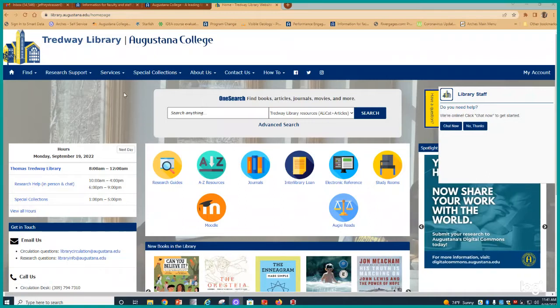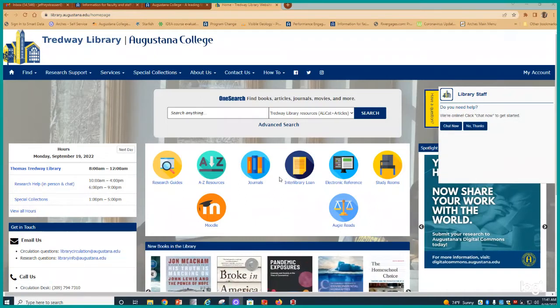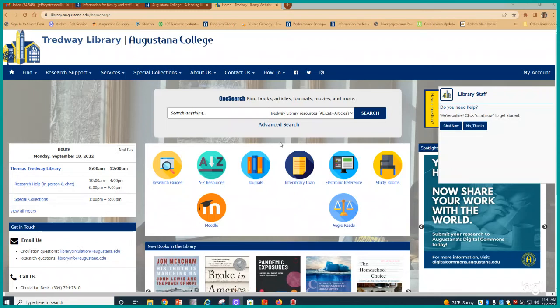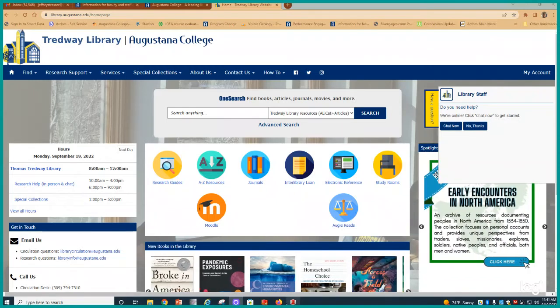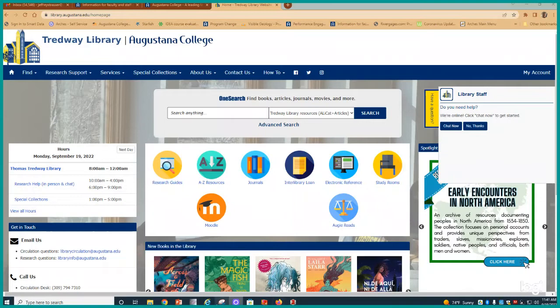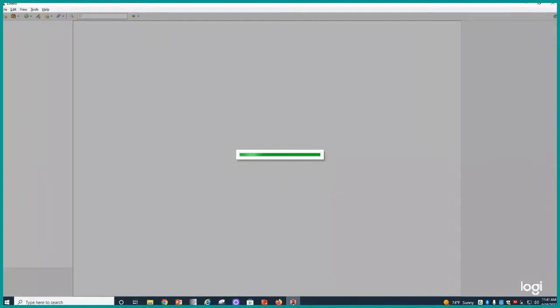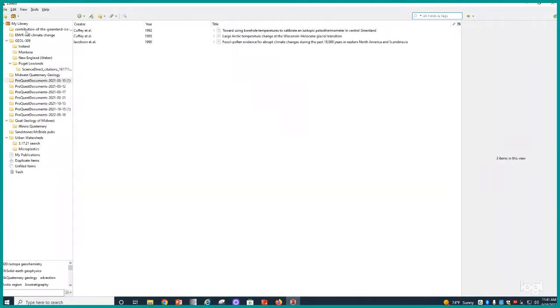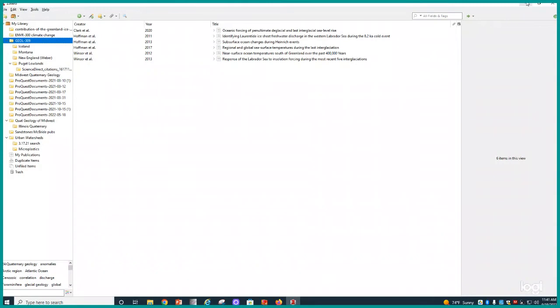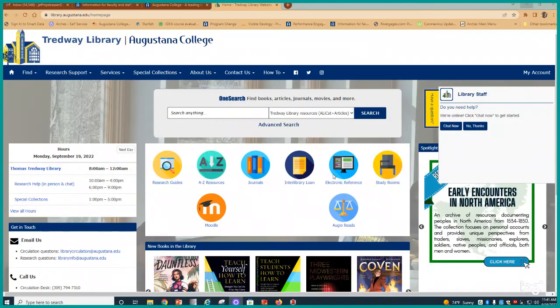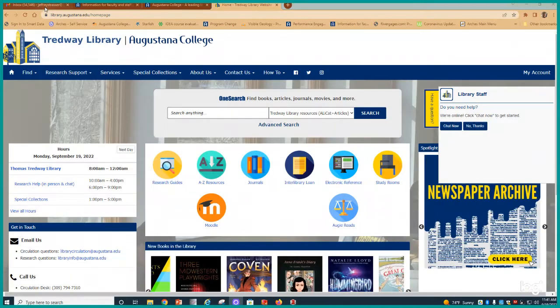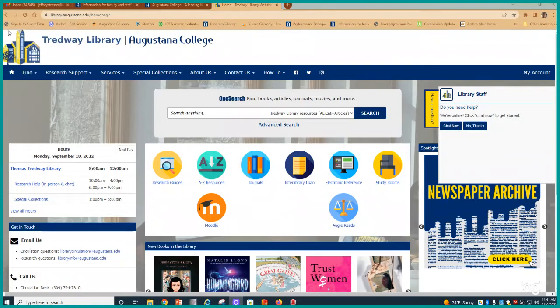The first thing you need to do is download Zotero to your computer. You may want to pin it to your taskbar like I have down here. You can see this Z at the very bottom. I'm going to click on that and open Zotero. And here is Zotero open on my computer. I'm going to minimize that for now. I've got it open, and then I'm going to open up a browser and go to the